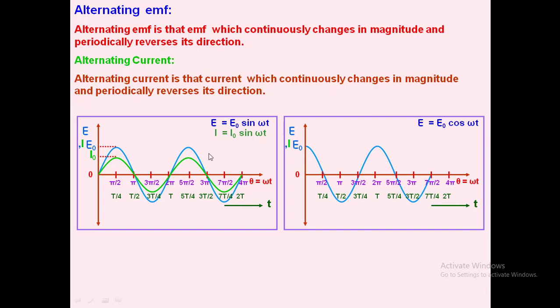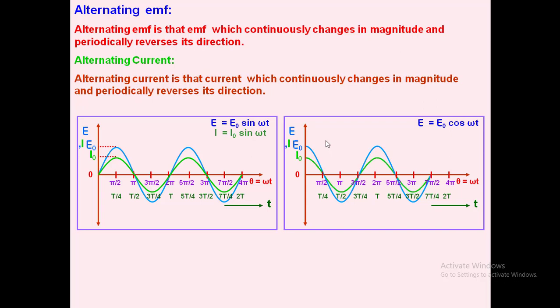Now if you see, if you take the value of omega t as 0, cos 0 means 1, so the EMF is maximum at 0. But in the sine case the EMF is maximum at pi by 2. And it continues to vary periodically with respect to time. Now, what is the difference between sine and cos here? Sine starts from 0, whereas cos starts from maximum. So the difference between the sine function and the cos function is pi by 2 alone.